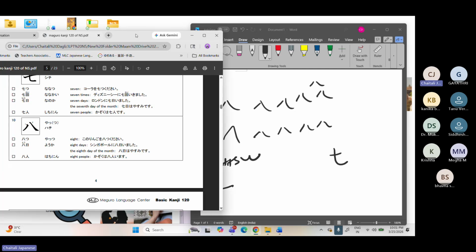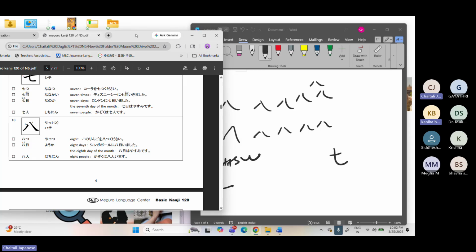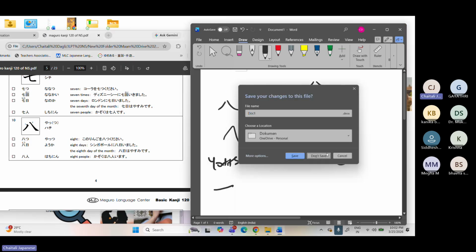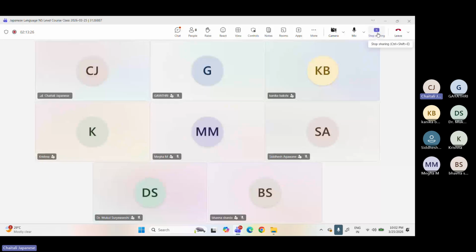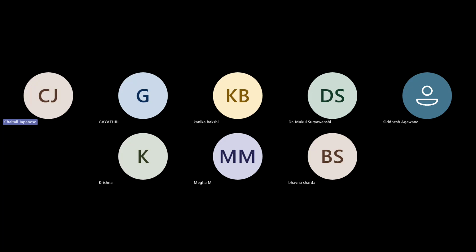These are your 6 to 10 kanjis. Practice. If you feel you have not understood any stroke, get back to me. Okay. In the next class. But please try and practice. Okay, ma'am. Please practice. Kanji is something that if you don't practice, you will not understand. You have to get the right stroke. You have to understand each and every stroke correctly.